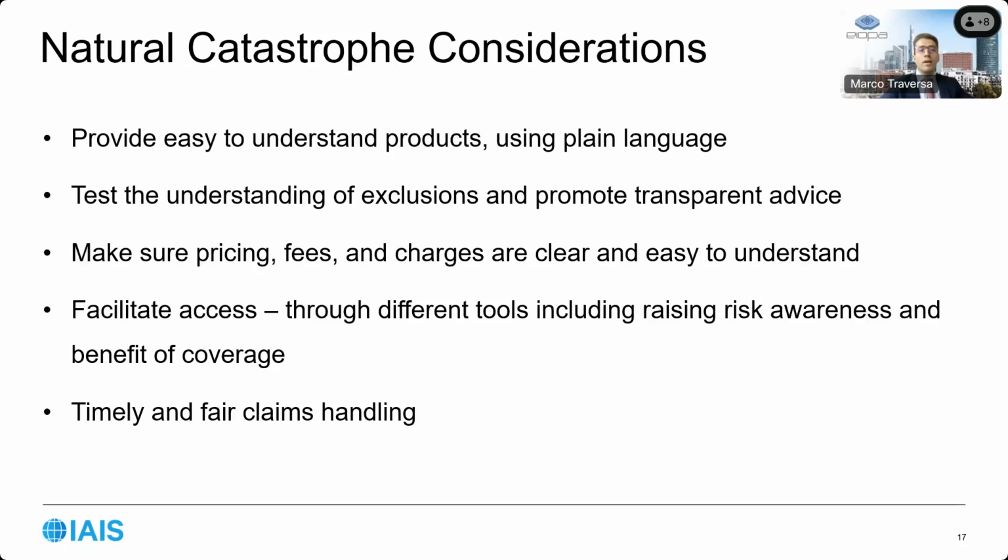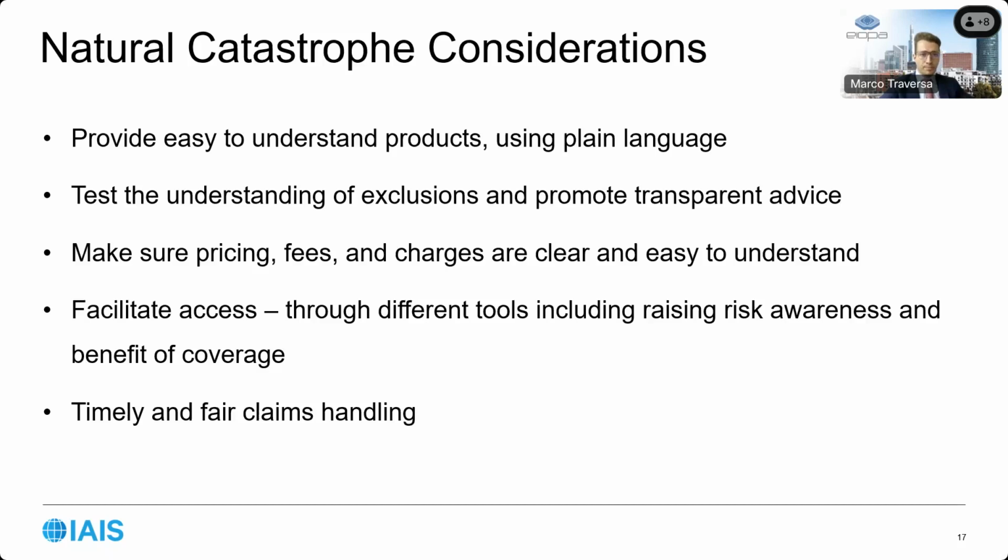For example, flooding might not be covered for people living on the ground floor or on the first floor. And finally, in relation to the information provided to the customers, the paper highlights that supervisors need to make sure that advice is provided in a transparent manner, in the sense that the needs of the customers in relation to natural catastrophe protection need to be taken into account, and the advice process needs to clarify whether certain events are